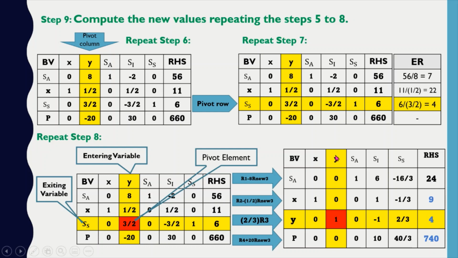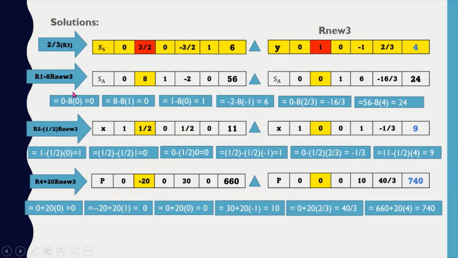So that means our x value is equal to 9, and y is equal to 4. And our profit, or maximum, is 740. And that is why in our step 10 right here, sorry, this is our solutions from our table. Just kindly go over and review the solutions from the PowerPoint